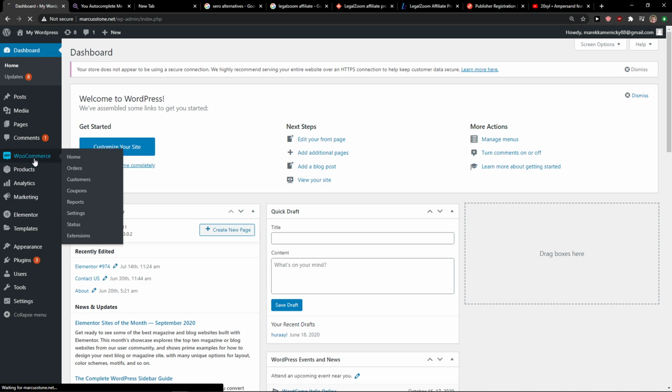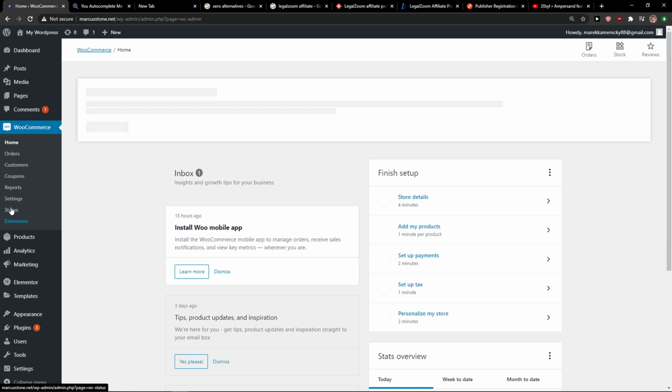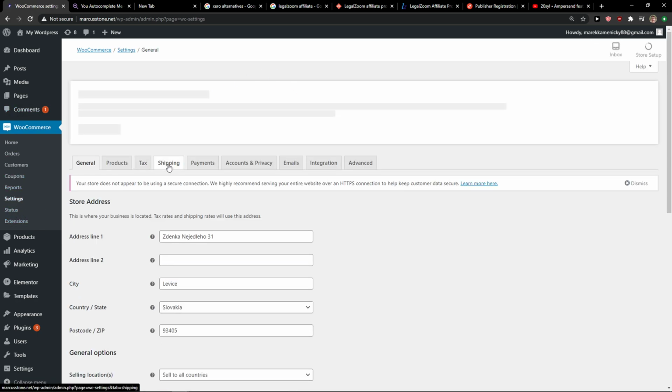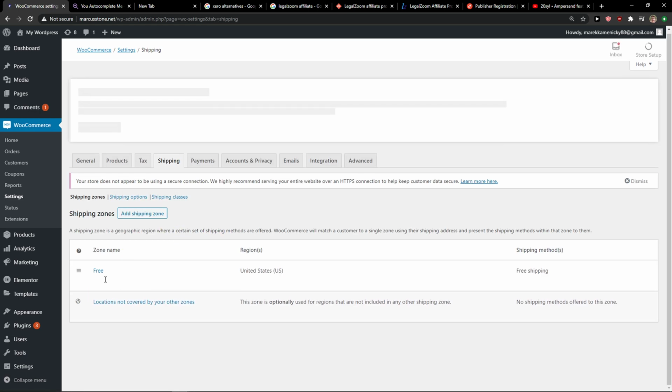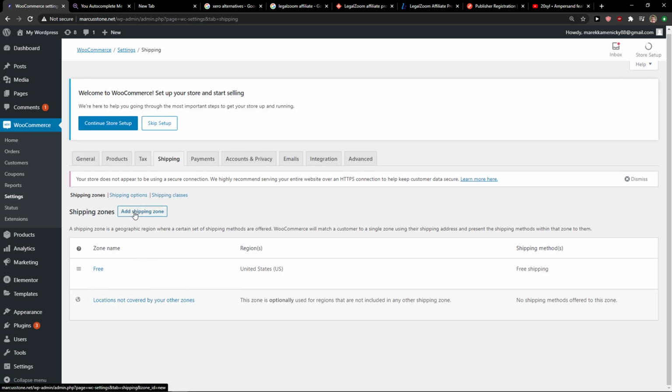The first thing you want to do, you just click here on WooCommerce, and when you're here, you're gonna see Settings, and then you're gonna see Shipping. Now you have options to simply add a shipping zone,